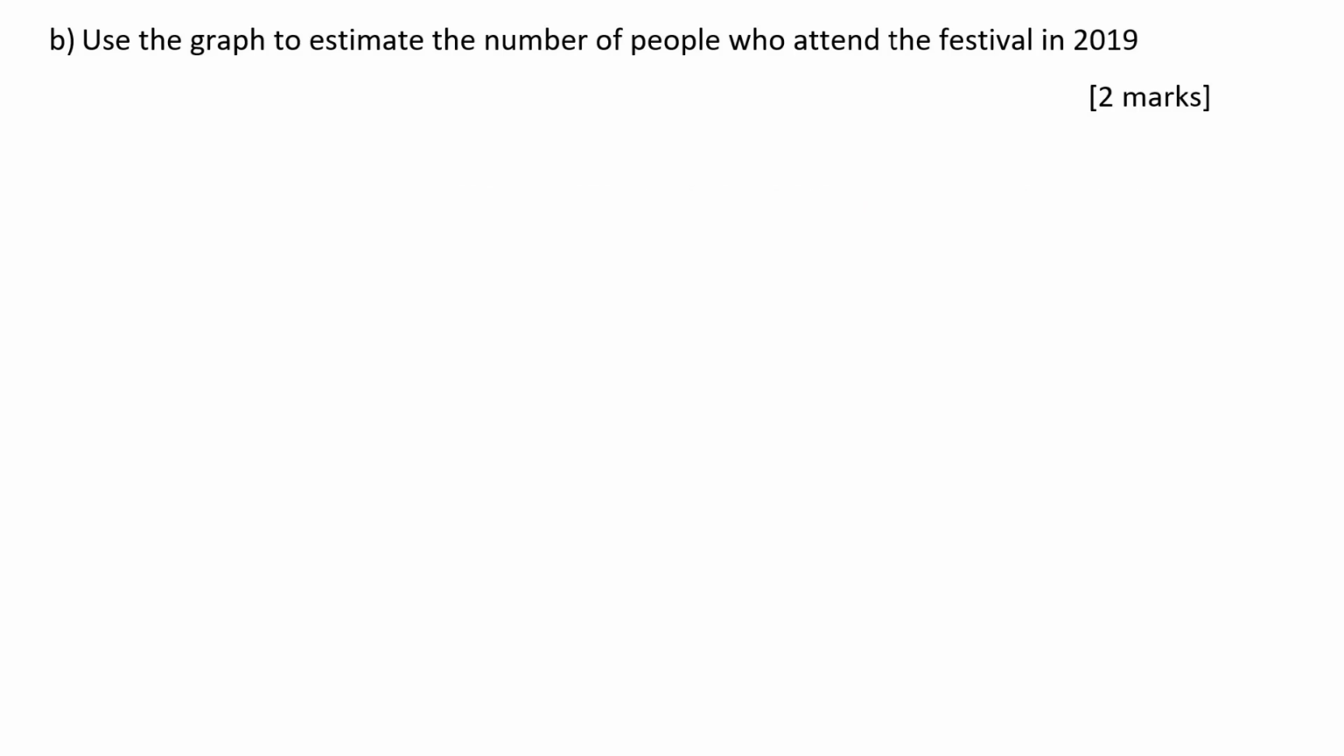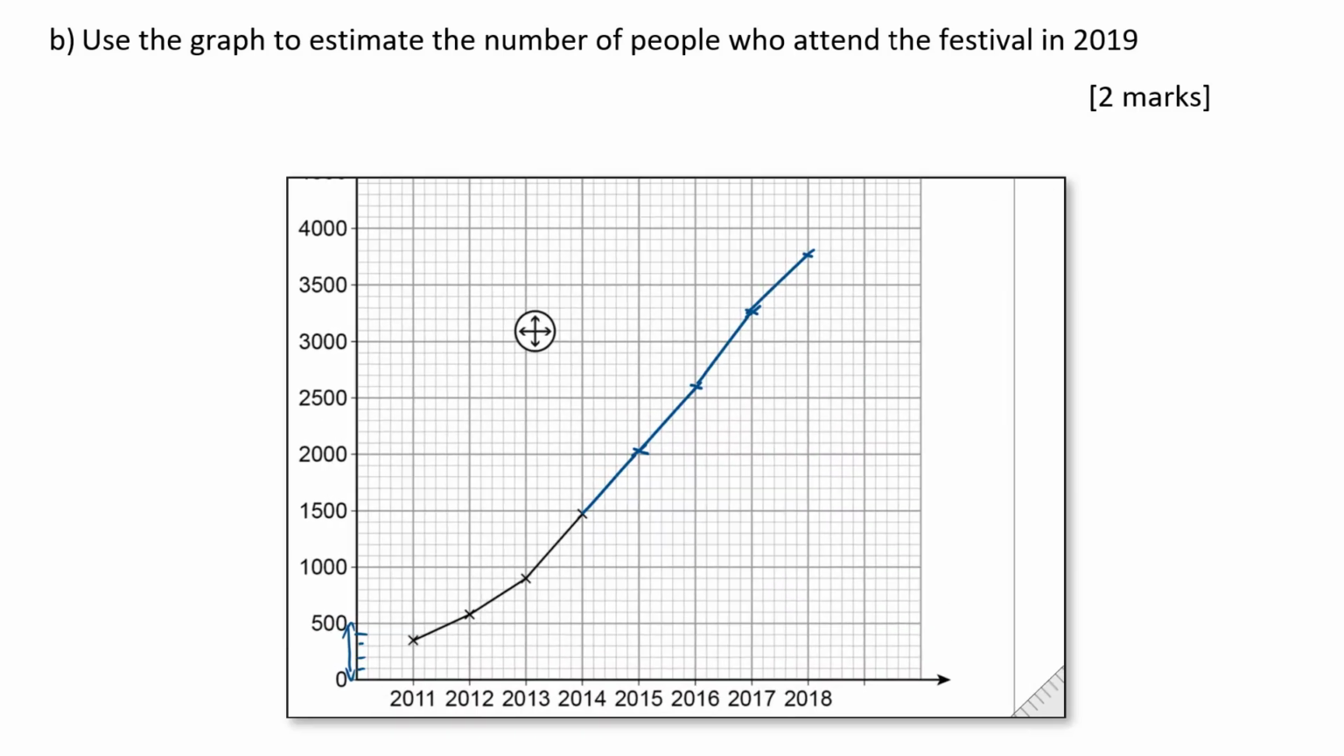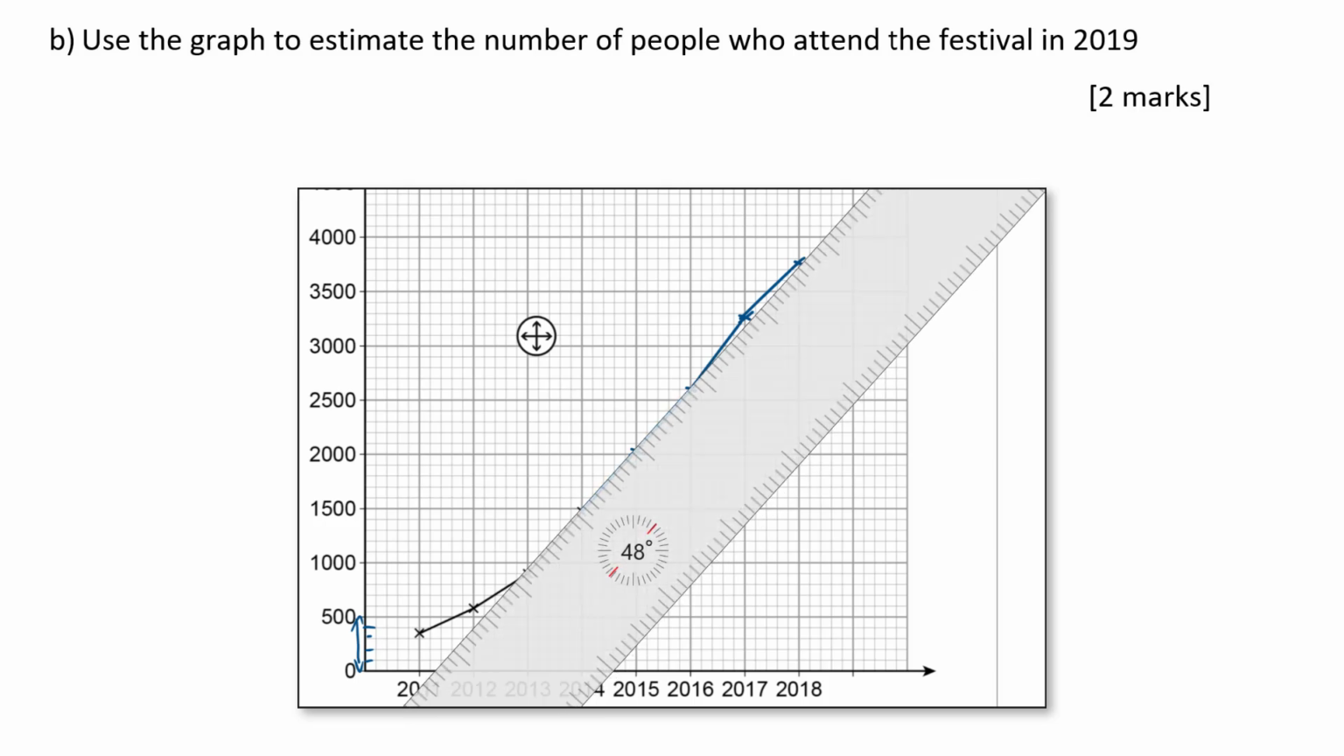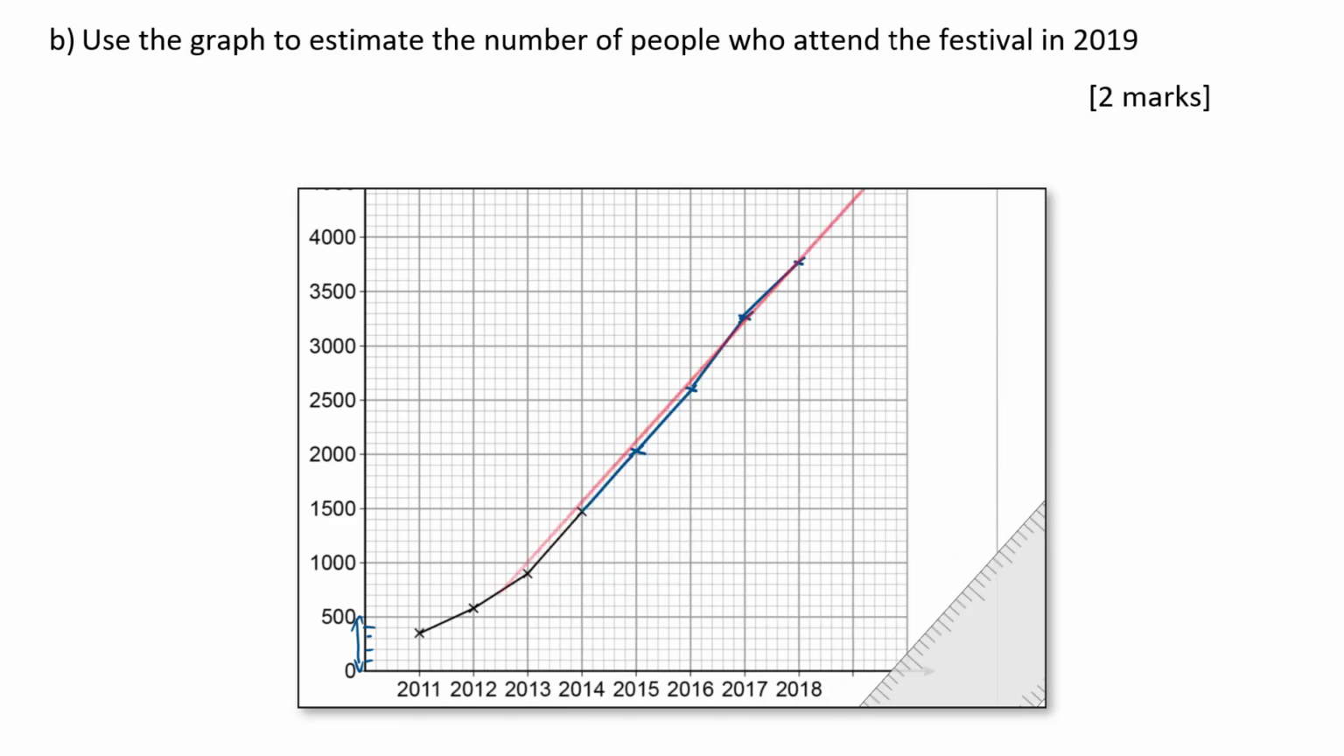Okay, what now? Use the graph to estimate the number of people who will attend the festival in 2019. Okay. So we can see that there's a general upward trend of this line. It's kind of going like that, isn't it? So I would suggest that if we continued this line up, then it would cross about there then, won't it? What's that value there? That would be 2019 on my X scale. And my Y scale,